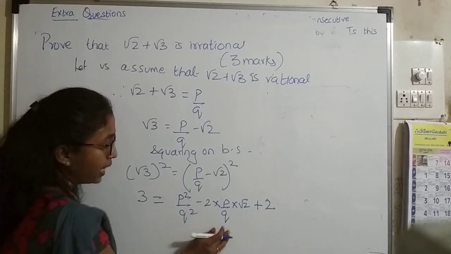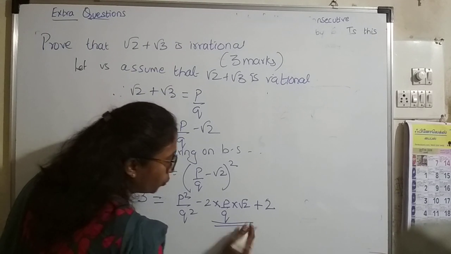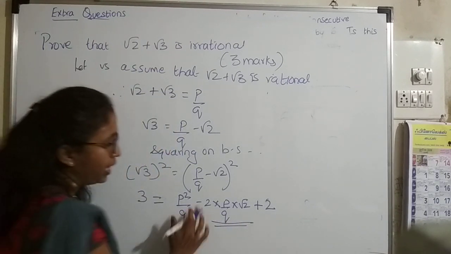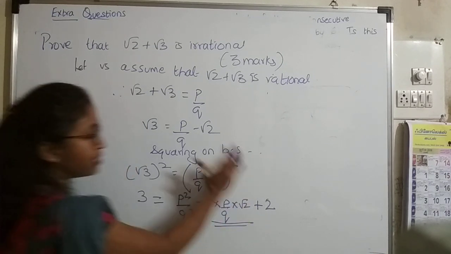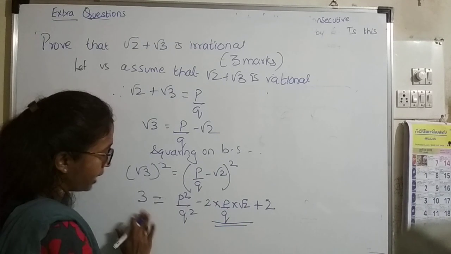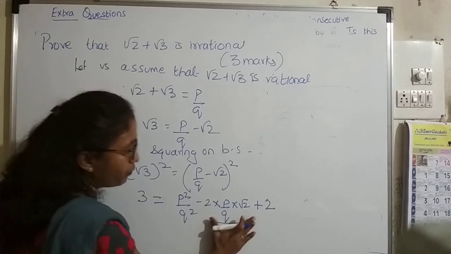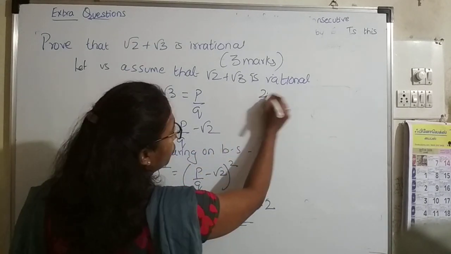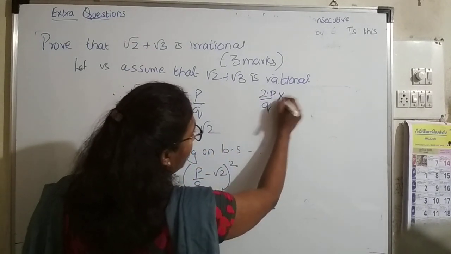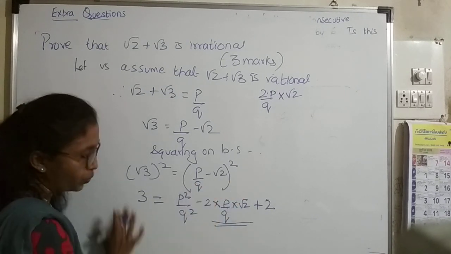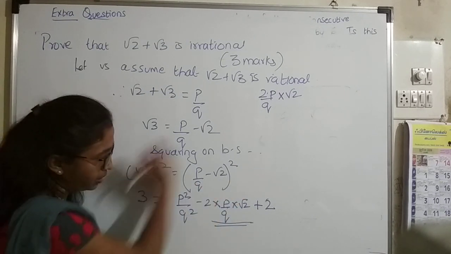Now our aim is that this root 2 will keep on one side and all the rest of the numbers on the other side. Now since this is negative, I will take this term this side. Okay, so I will use this part of the board. I am taking this term this side and taking 3 this side. So from the right hand side, I am bringing this term to the LHS. So I will get here 2p upon q into root 2. I hope this is understood. This minus I am making positive by taking it to LHS, and this 3 I am taking this side.